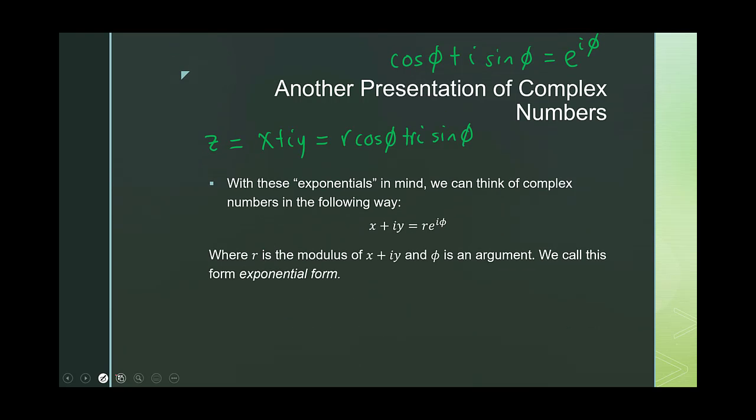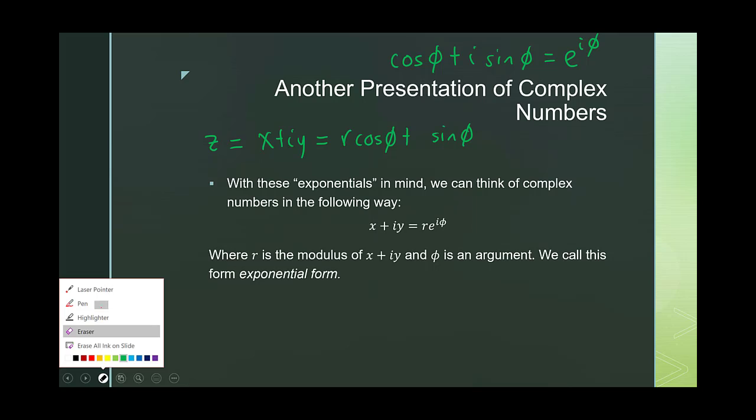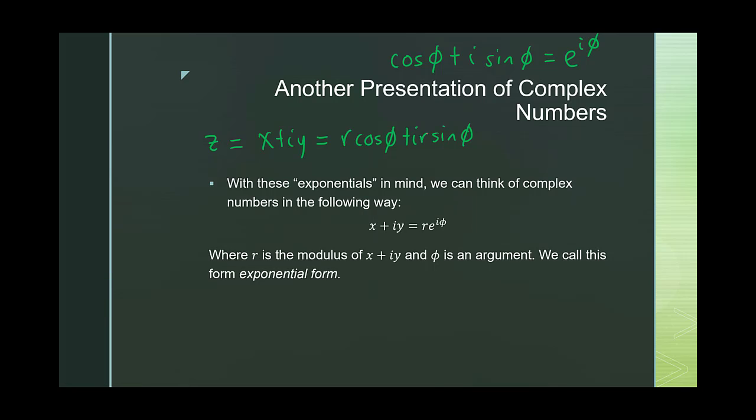I don't like how I wrote that. One second. There we go. i r sine of phi. Okay, so using our polar equations for x and y, and now if I factor out r, we're going to get r cosine of phi plus i sine of phi, which using our new exponential notation is just r e to the i phi. Okay, so here's our last representation of a complex number. We can think about any complex number as r e to the i phi, where r is the modulus or the length, and phi is some argument. Okay, and we call this exponential form because